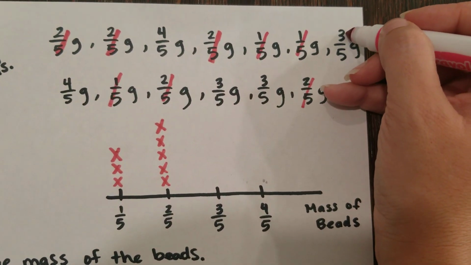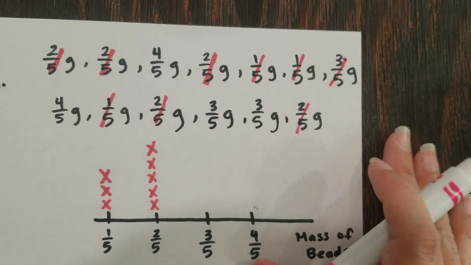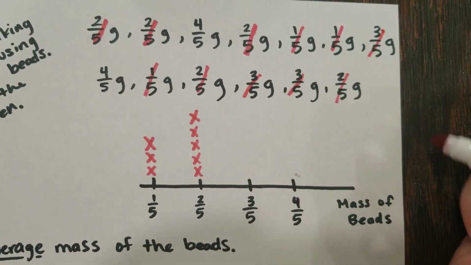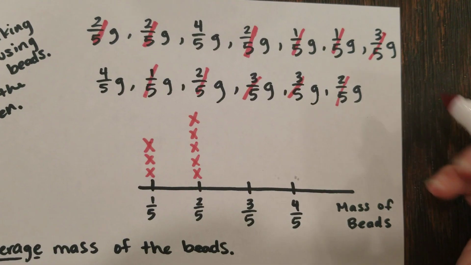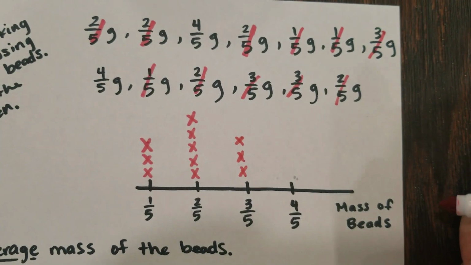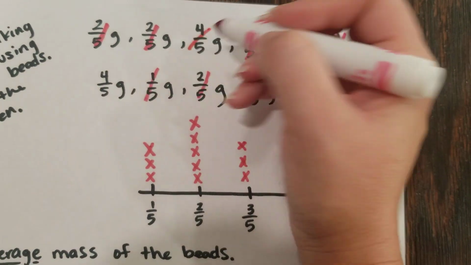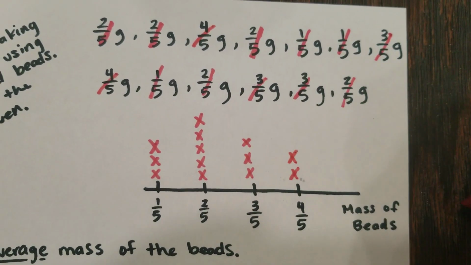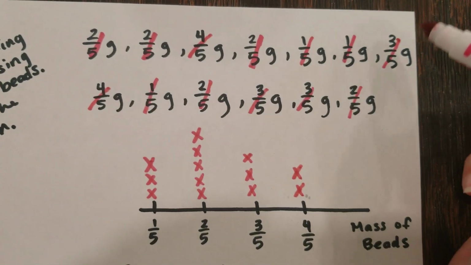3/5. I got one here. 1, 2, 3, and I think that's it. 3 of the 3/5, 3, and then 4/5. 1, 2, 2. Okay, something I do sometimes just to make sure I got them all, I'm going to count